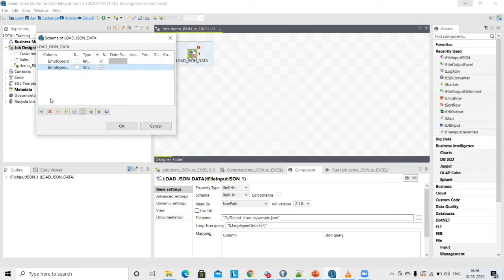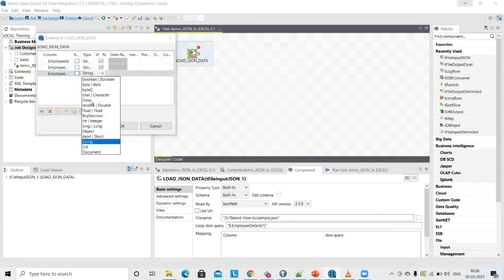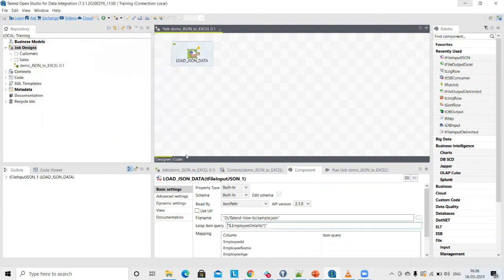Employee name, being a string, we don't need to do anything. And finally, employee age, which is again an integer. So let's change it. Click OK. Now we have defined the schema.